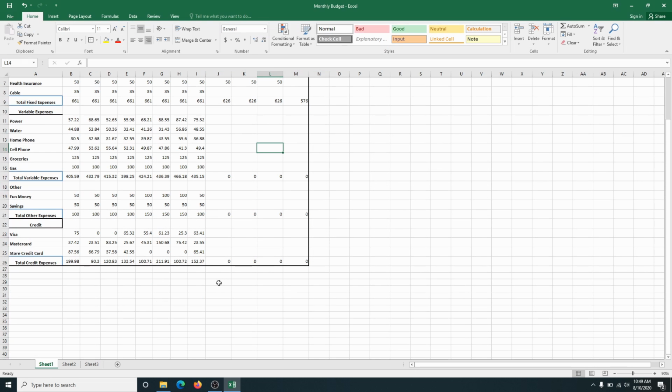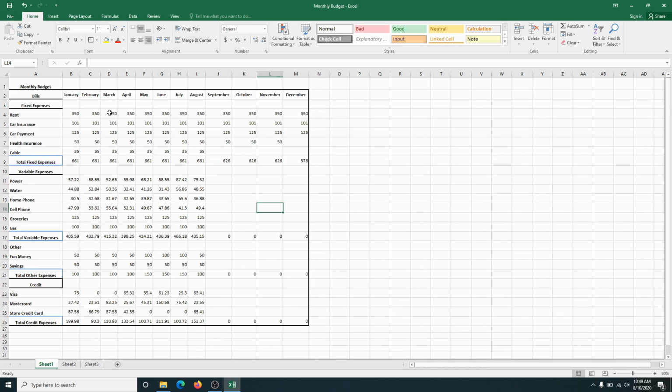Merging and centering cells. In this exercise, we're going to look at how to merge a group of cells together into one point and then centering the data within that cell. In this example, I am going to take the cells A1 through M1 and merge them together and center the data. So the first thing I need to do is highlight A1 through M1,